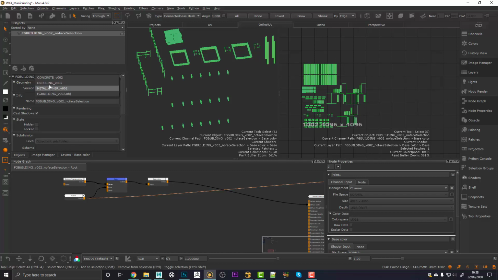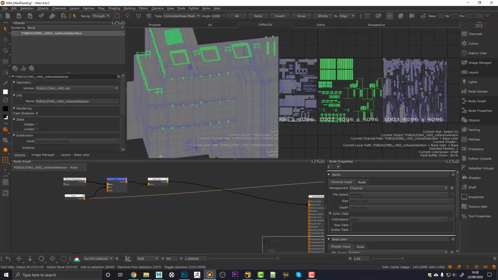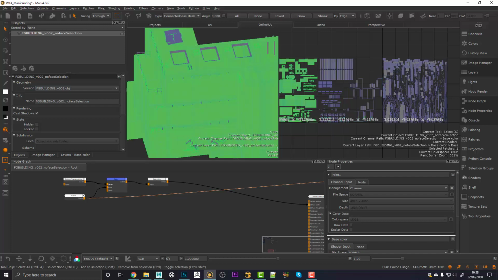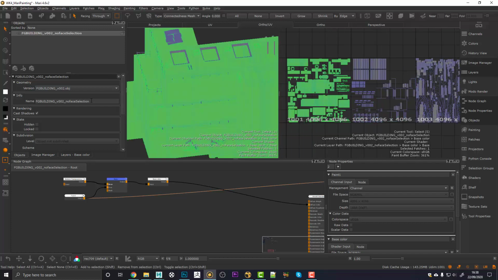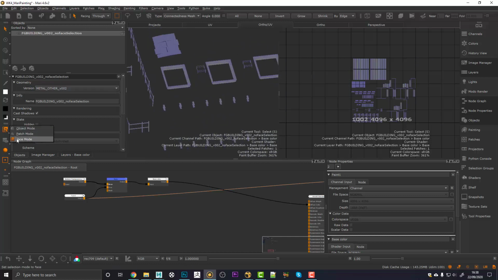If we go back to all of the geometry at the same time, if I was to, for example, select this bit here, it's going to select everything in that patch. For what we're doing, I think it's probably best to use face mode, and let's bring up the metal other. So with face mode selected, and I've clicked onto the select tool, inside here I most commonly use the rectangular